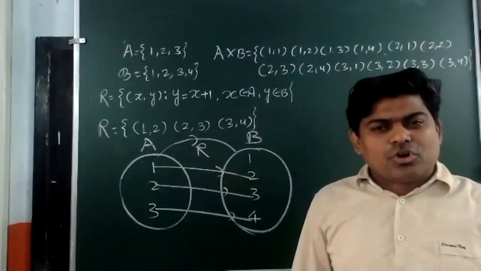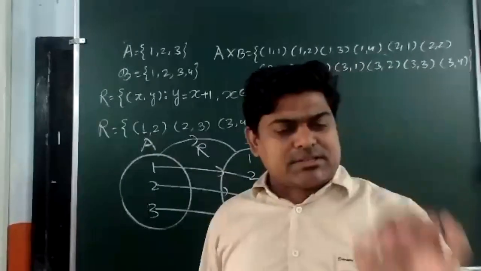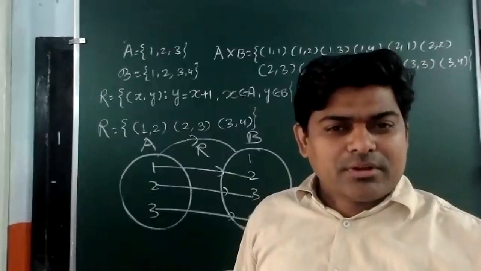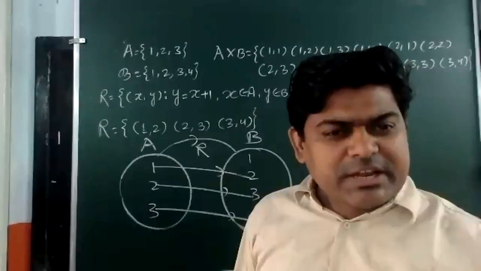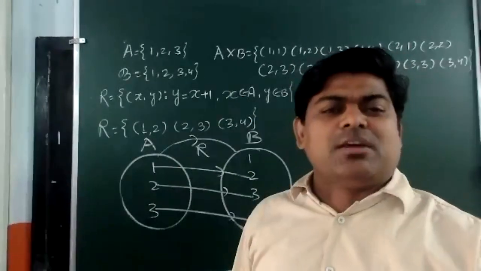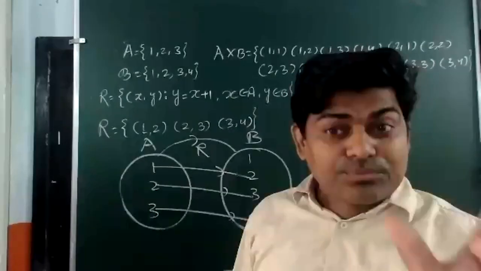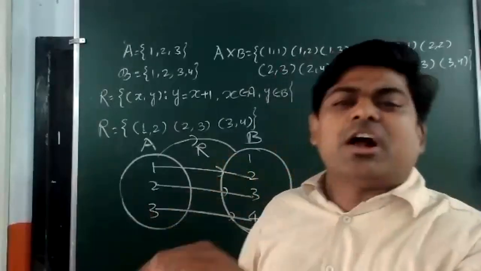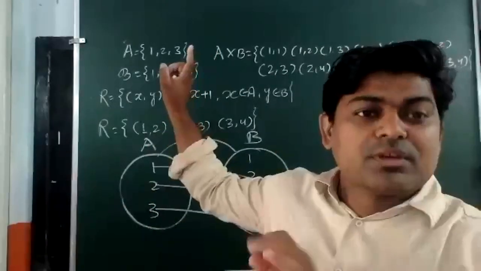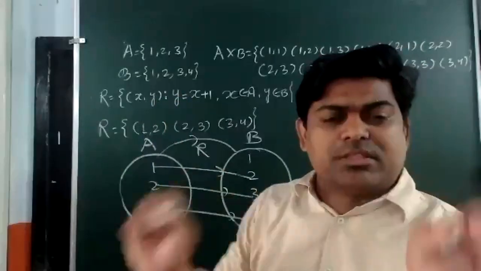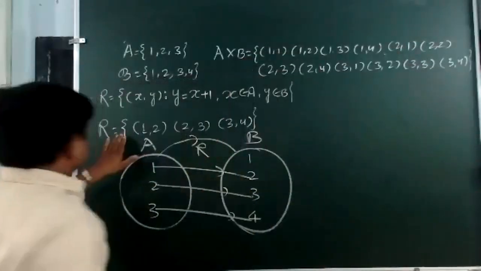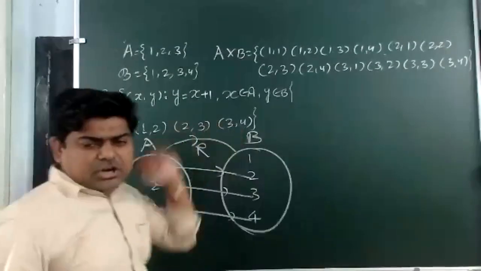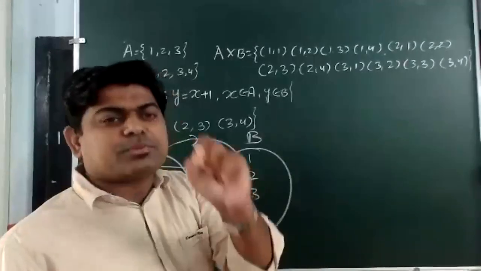Okay. So if I give a definition, I can say domain is the set of the first element of each ordered pair in the given relation. Suppose that here you can see R is a relation. We are having 1, 2, 3 ordered pair. Now set of the first element.